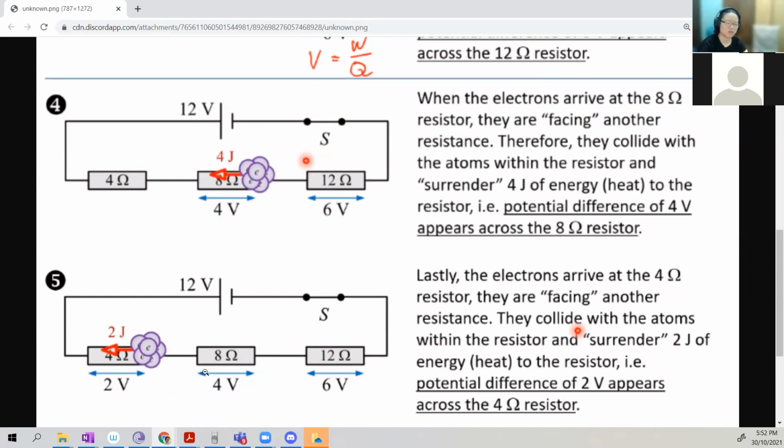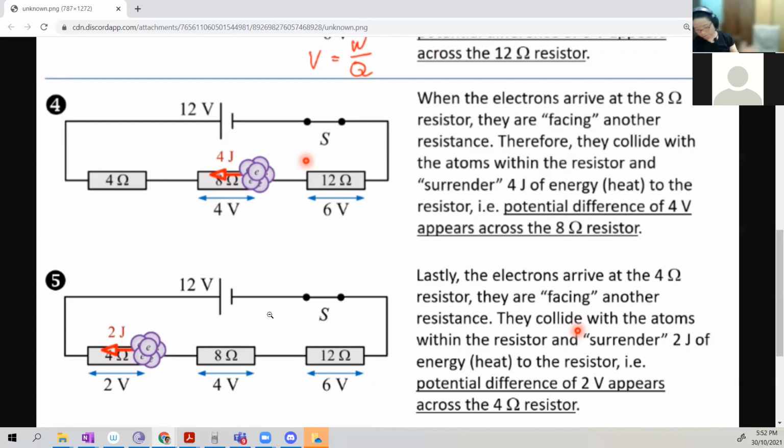And then you come here and then you waste all your energy. So what the electron does is that it takes the chemical energy from the battery and then it transfers the chemical energy to your resistor. But what is resistor in your house right now? Maybe the first resistor can be represented by your fridge, because your fridge uses electricity to turn on the fan and cool down the air. Maybe the second resistor is the kettle used to boil water to drink your Milo. Maybe a third resistor can represent, I don't know, the light. Your light can be hot, your computer.